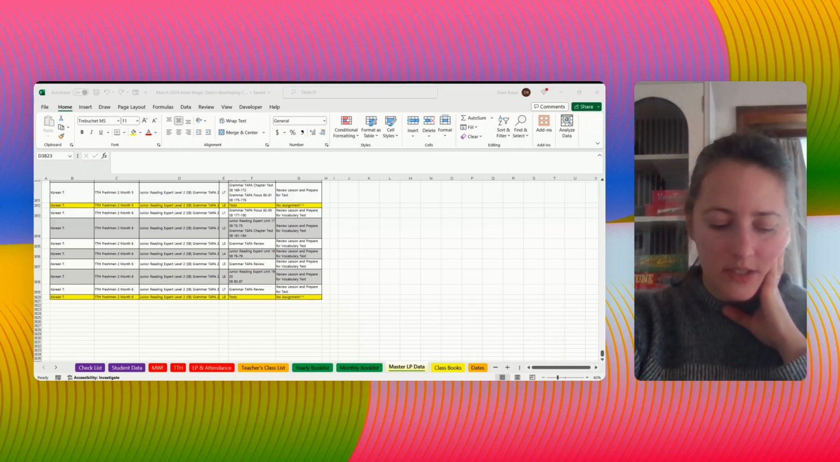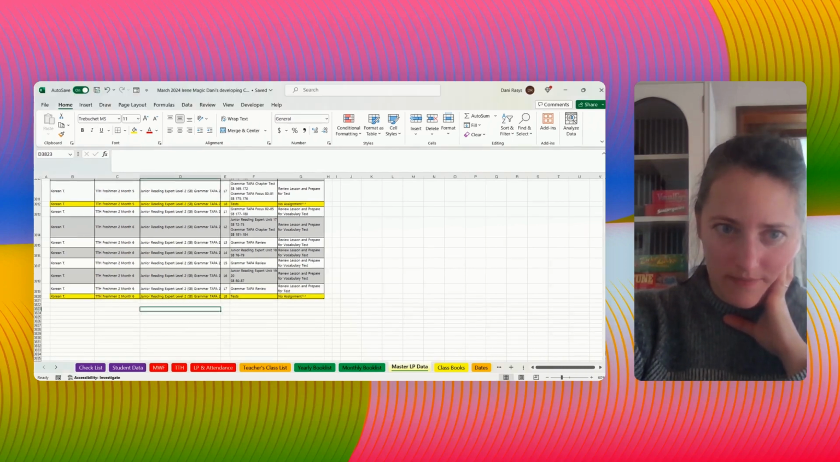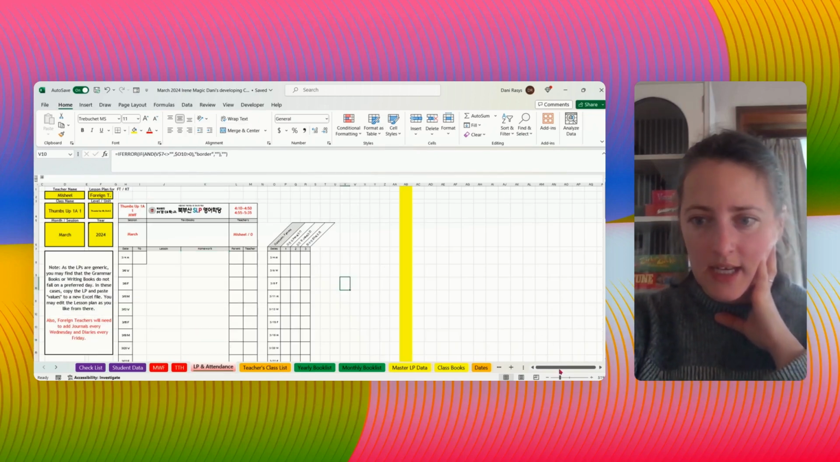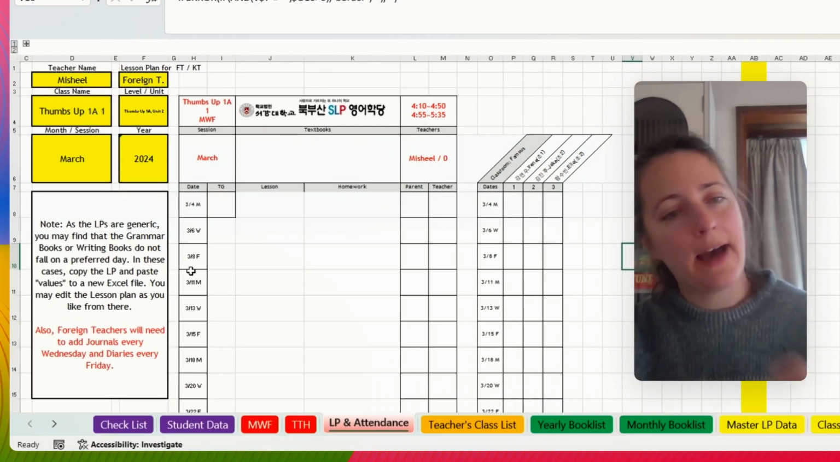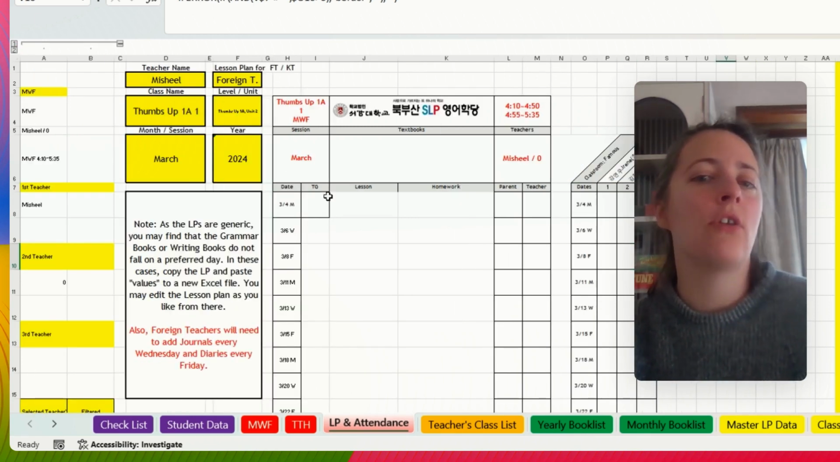Okay, let's talk about lesson plan a little bit more. Yes. Lesson plan and attendance. I think there's a lot that happens on this sheet that sometimes you might get an error and not know